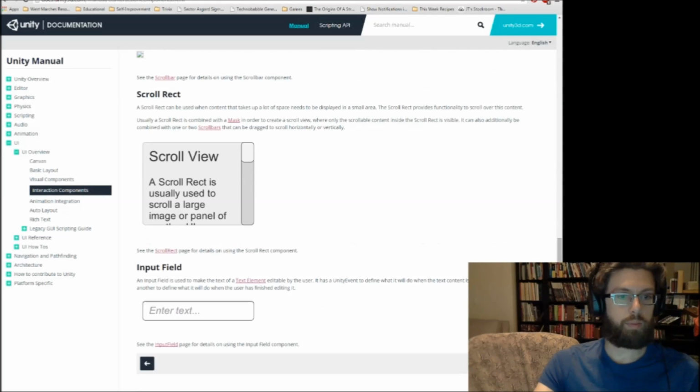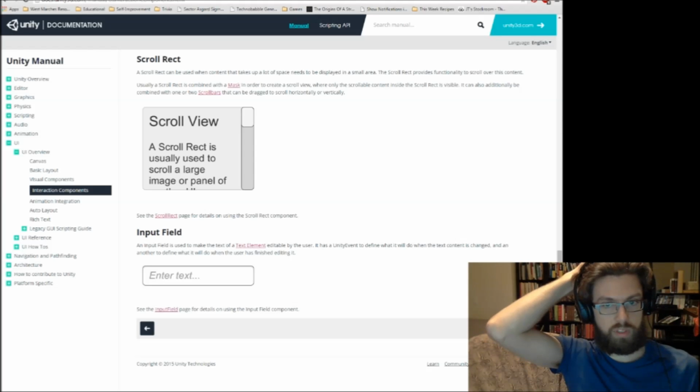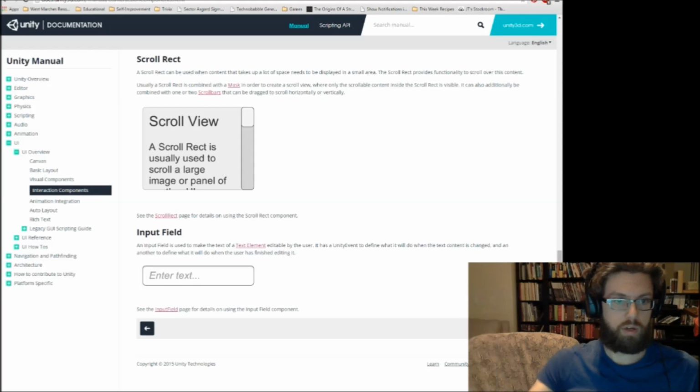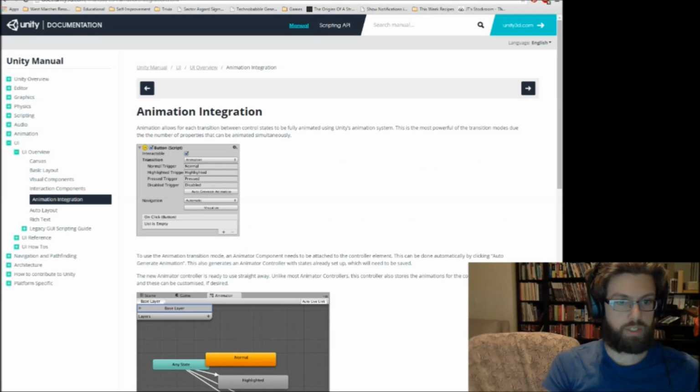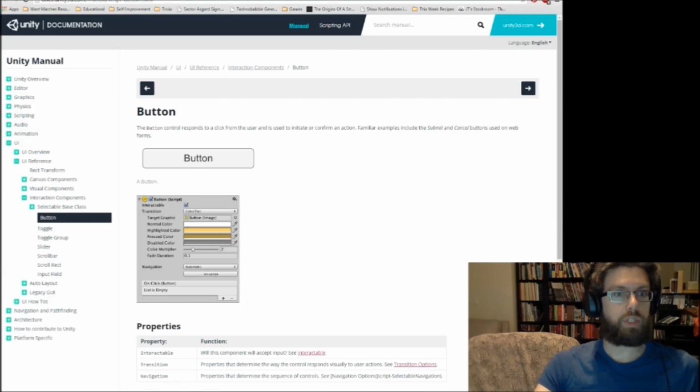Scroll bar. Yep. Input field. An input field is used to make the text of a text element editable by the user. It has a Unity event to define what it will do when the text content is changed, and another to define what it will do when the user has finished editing it. Okay. Animation integration. Ooh. That sounds interesting. Okay, so